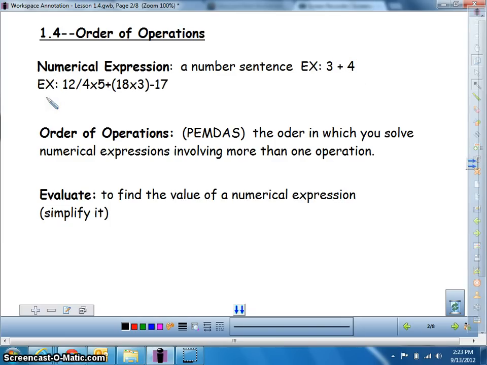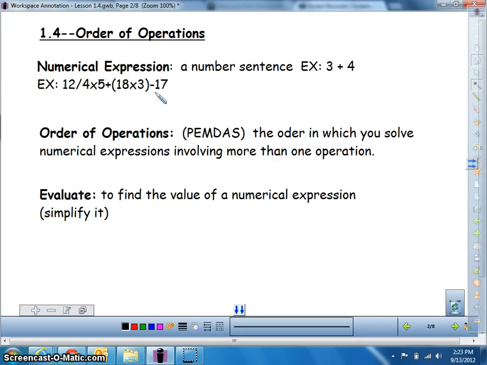Order of operations, which is our main topic today. You probably remember maybe learning PEMDAS. This is just the order in which we solve numerical expressions that have more than one operation. So if we look back up here, this 3 plus 4 only has one operation. We're just adding in it. If we go to this one, we've got lots of operations over here. We've got division, multiplication, addition, another multiplication, and subtraction going on. And so we need to know what the order of operations are so that we can solve this or evaluate